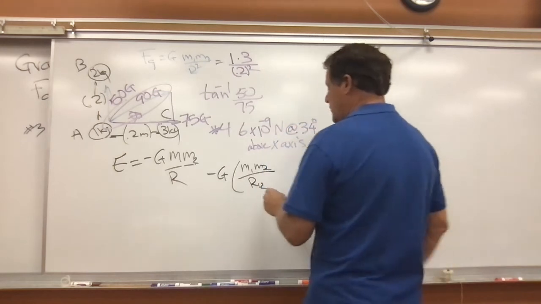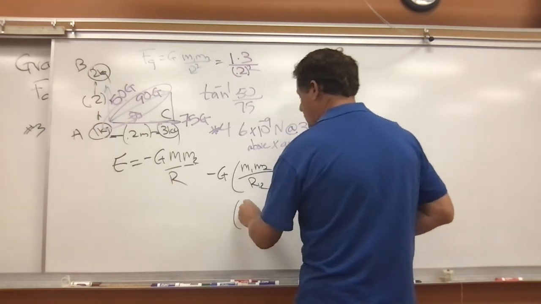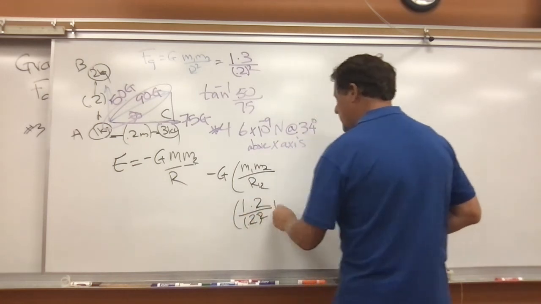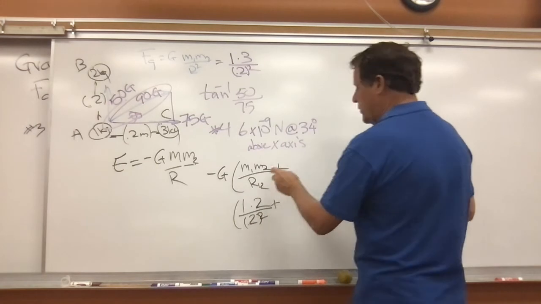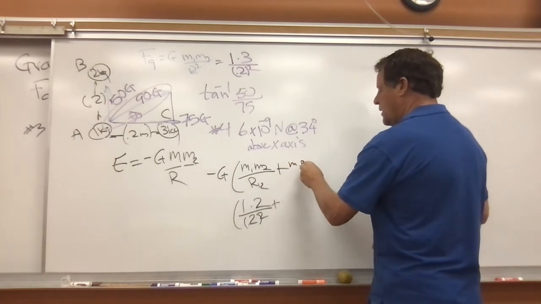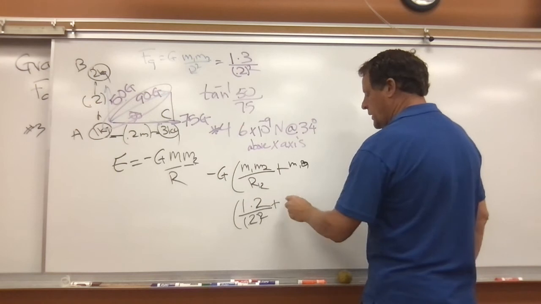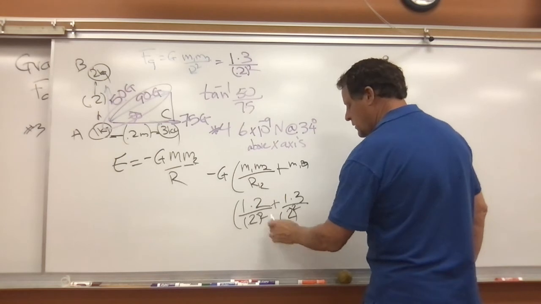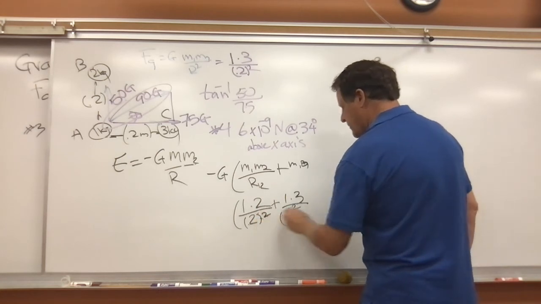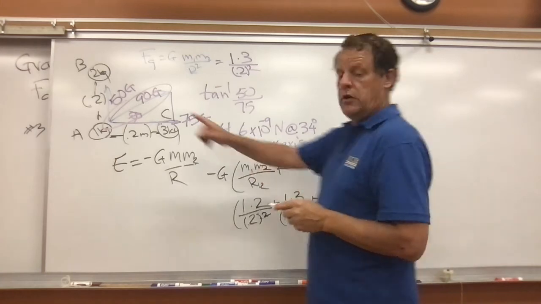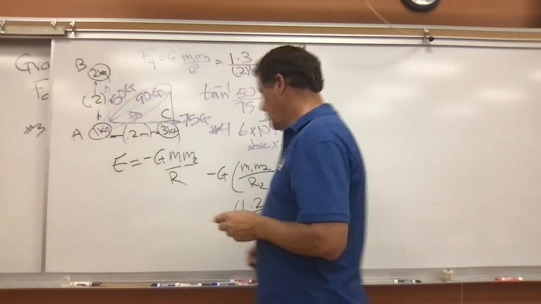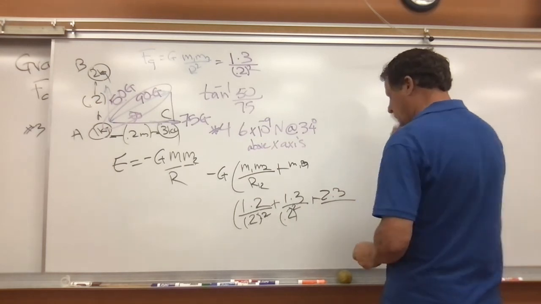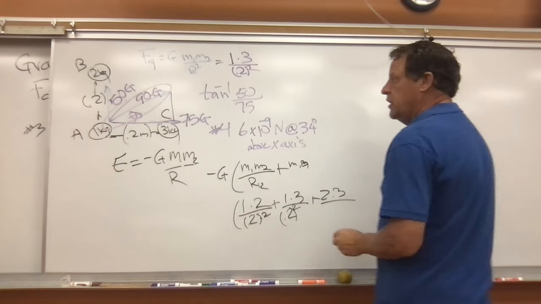So this is going to be 1 times 2 divided by 0.2 squared, plus the next one, which would be 1 times 3 divided by 0.2 squared, okay, plus this one and this one, which is going to be 2 times 3 divided by, now the distance,